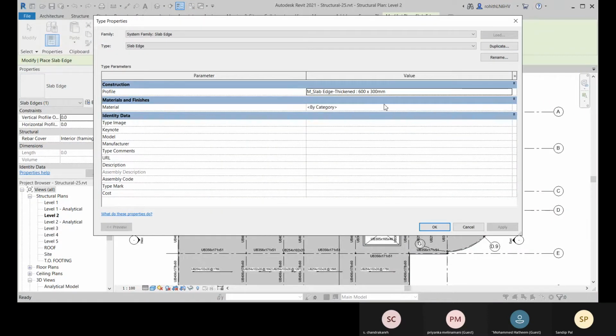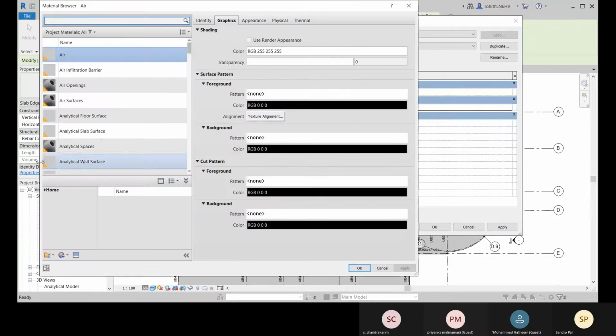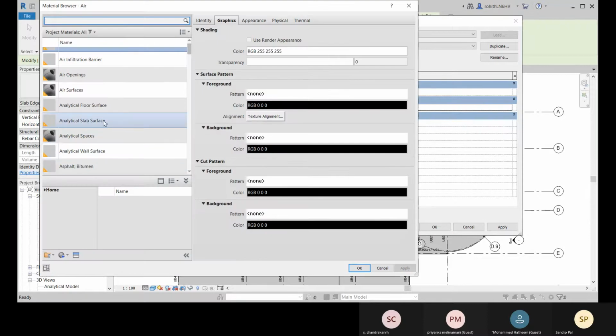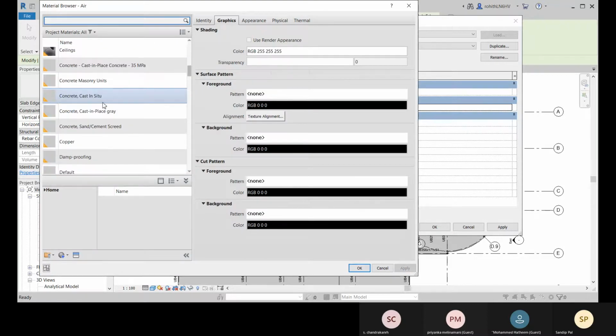You can come to edit, and this slab edge is like a 2D profile which is getting the 3D shape at every edge of your slab. So now you just have to select this profile, that is the 2D profile. You can select like this one or this one. Let me select this one.